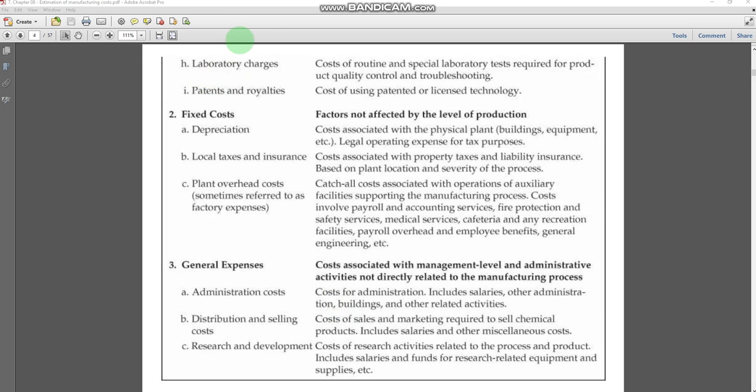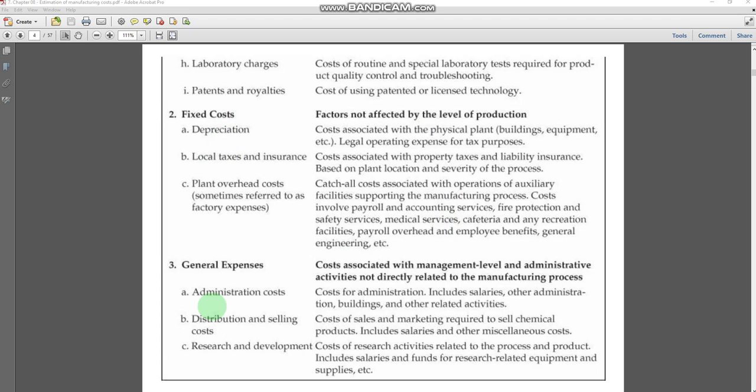So also the laboratory charges and the patents and the royalties. These come under the category for the direct cost. In the indirect cost, we have to see what is the depreciation of the plant. Then we have to see what are the local taxes and the insurance. Then we have to see what are the plant overhead cost. So you can see some of the details about these specific heads and what are the terms that we